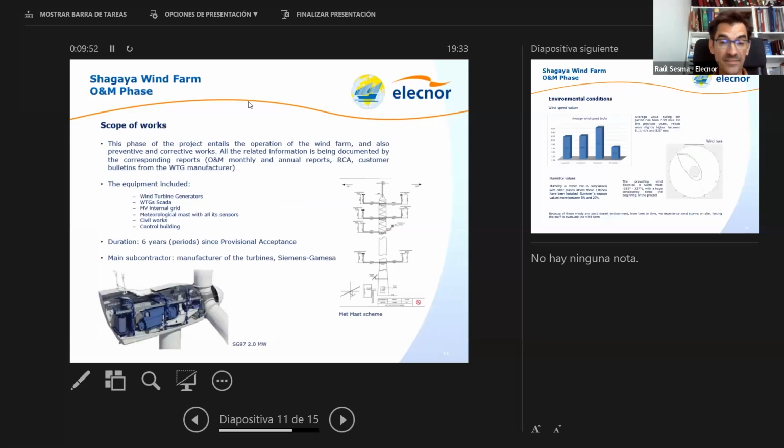And talking about the operation and maintenance phase, the scope of works is the same as in the design and construction. The turbines, the meteorological mast with all the sensors it has, and the wind turbines SCADA, so that everything is monitored. And to perform the preventive, the corrective, and some improvements that usually the turbine manufacturer performs on the turbines, that with historical data they have from this wind farm and from others, they improve some capabilities of the turbines.